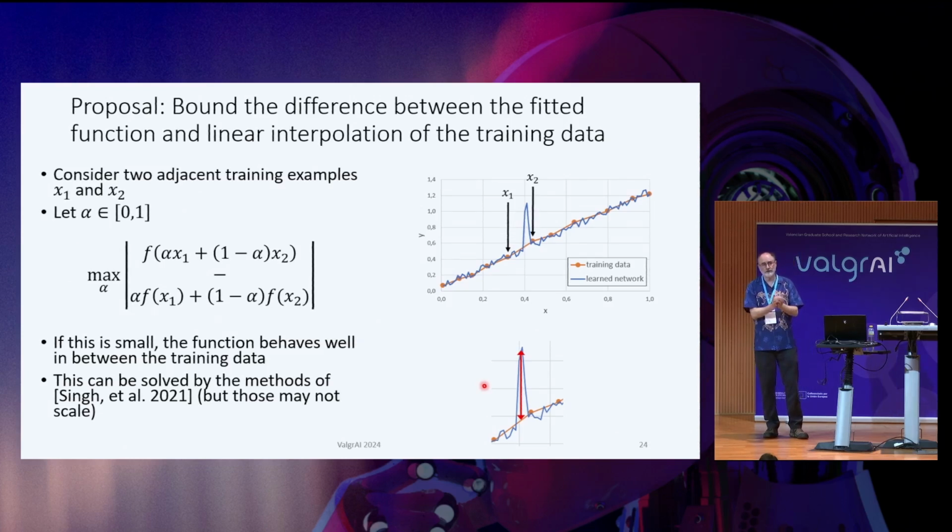It started with trying to verify the non-existence of adversarial attacks at the pixel level. But there's been some recent work by Singh et al., which was pointed out to me by Zico Kolter at Carnegie Mellon, who is part of this community. They have a technique that I think we might be able to repurpose and use here. So the idea is that suppose we consider these two adjacent training examples, X1 and X2.